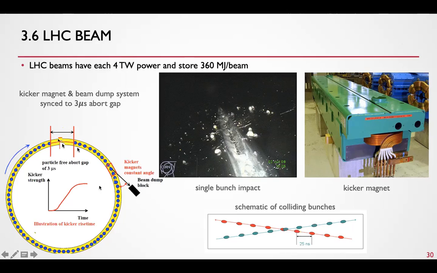If it is damped, there's a kicker magnet. The kicker magnet is ramped. You see here the kicker rise time, it is ramped while the window is open. When the kicker magnet has risen within this window, the beam is deflected and shot into a beam dump facility where it causes destruction. It melts, so it cuts into an aluminum block